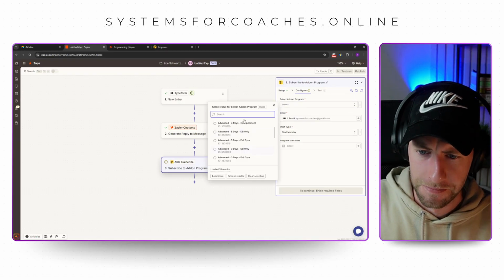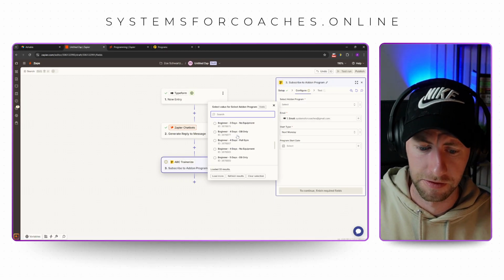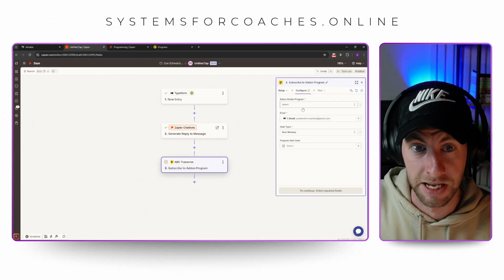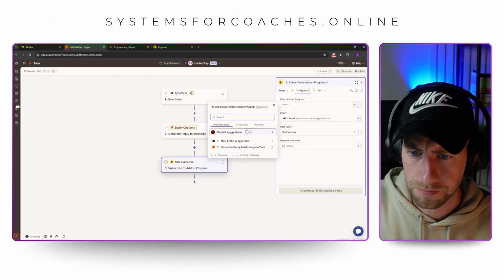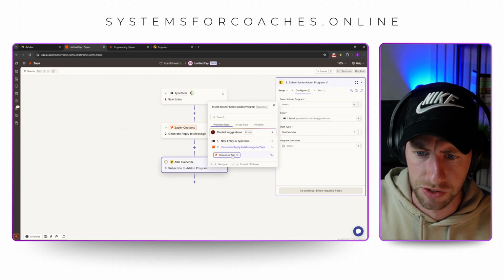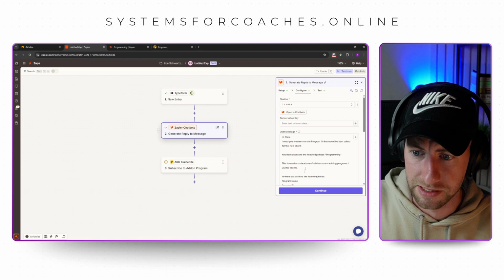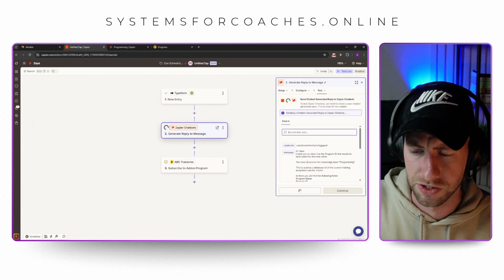And then here, right now, it's a select option, pick from the drop down menu. We don't really want that. What we want is for it to be dynamic and we can actually push in the code. So we'll change this to custom, and then we're going to change this to the value here. So what we'll do now is I'm just going to retest this step, and if I retest this step, hopefully that should give us the